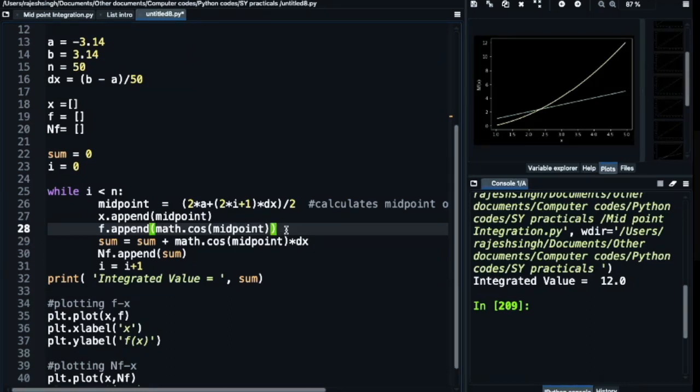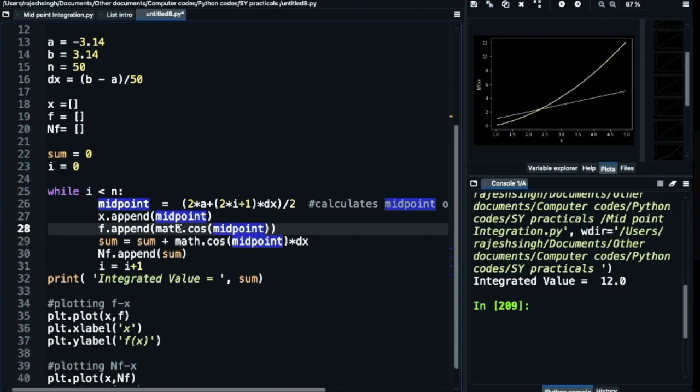Jyoti ma'am, if you can notice, I'm appending the function by using the cos of the midpoint. So please make a note, the way to write this is math dot cos midpoint.